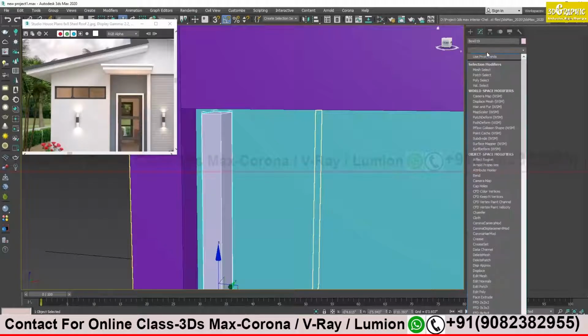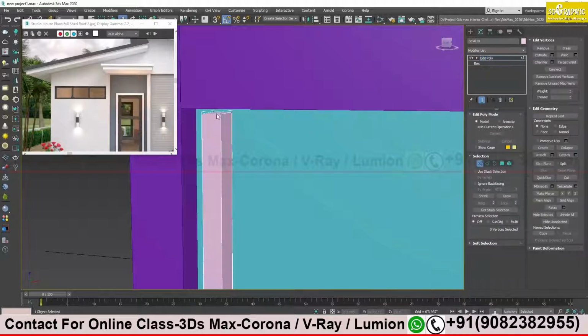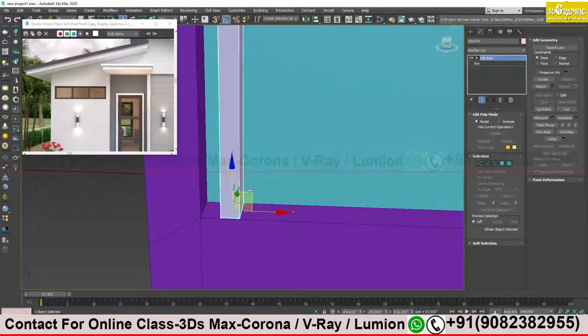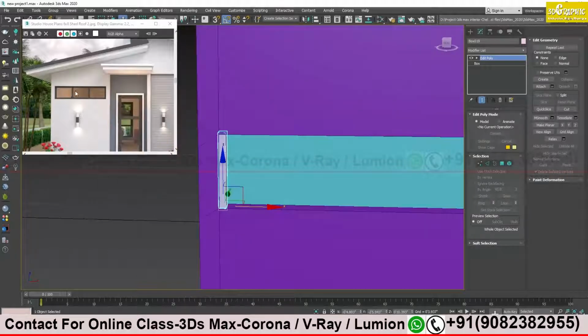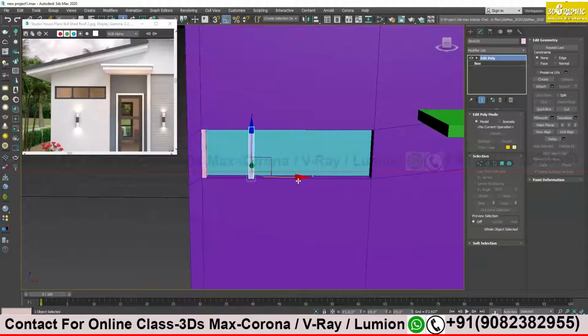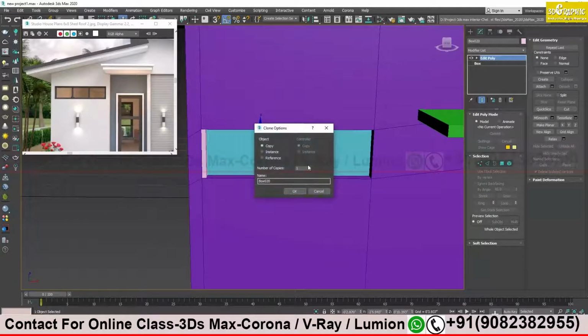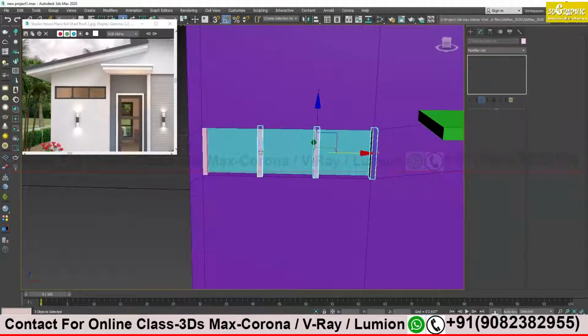I have to take editable poly. Okay, I have to take the vertices just to increase the height and align it properly. I select all the vertices and drag it up, and the only thing left is to position this thing. Okay, like this. I need three more. Okay, so what I will do, with the help of shift I will click over here and copy. I will say 3. Little bit of adjustment I have to make,